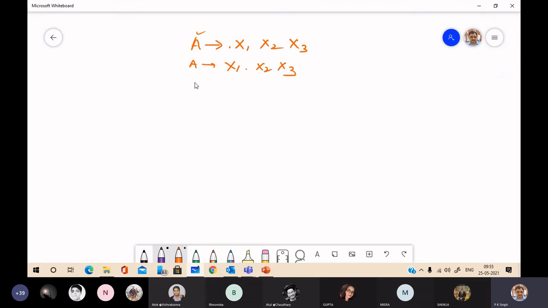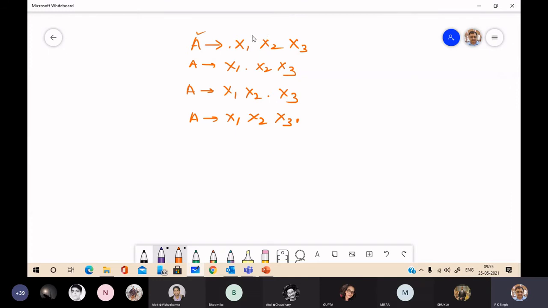Second possible position, A to x1 x2 dot x3. And fourth is A to x1 x2 x3 dot.